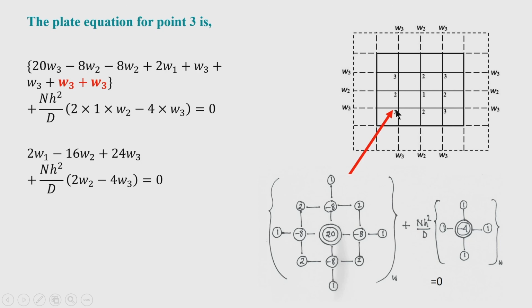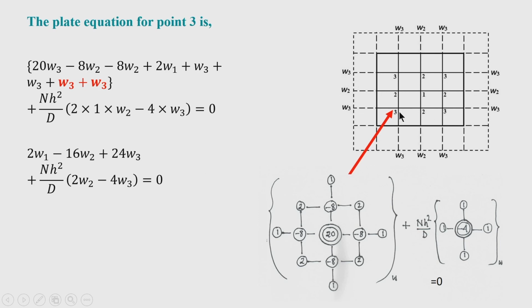Okay. If you place the stencil in node 3, first let me see that you will encounter one imaginary node here and another imaginary node at the bottom, one imaginary node towards left and another imaginary node at the bottom. So, therefore, two imaginary nodal deflections have to be now expressed in terms of the corresponding image point. So, therefore, the corresponding image points are 3. So, W 3 I have written, and other points are written as usual.